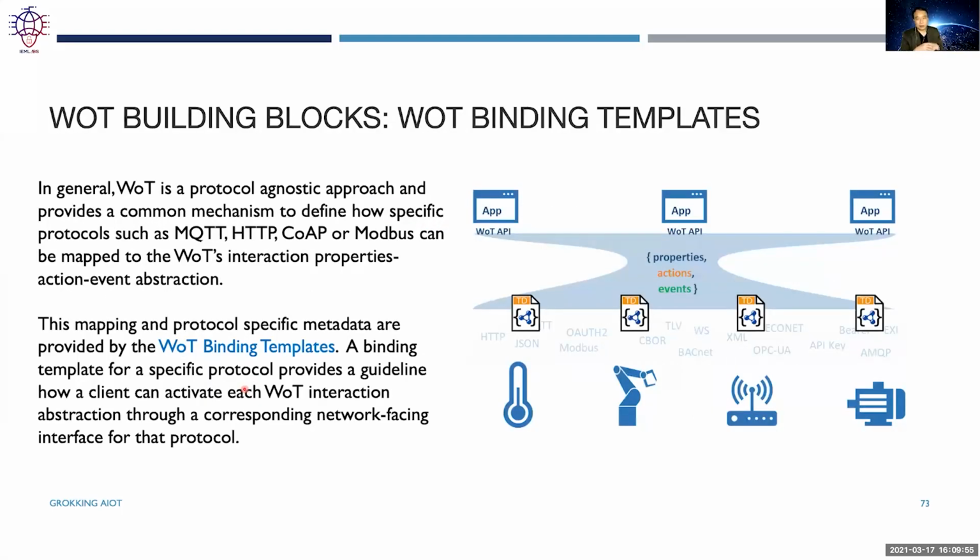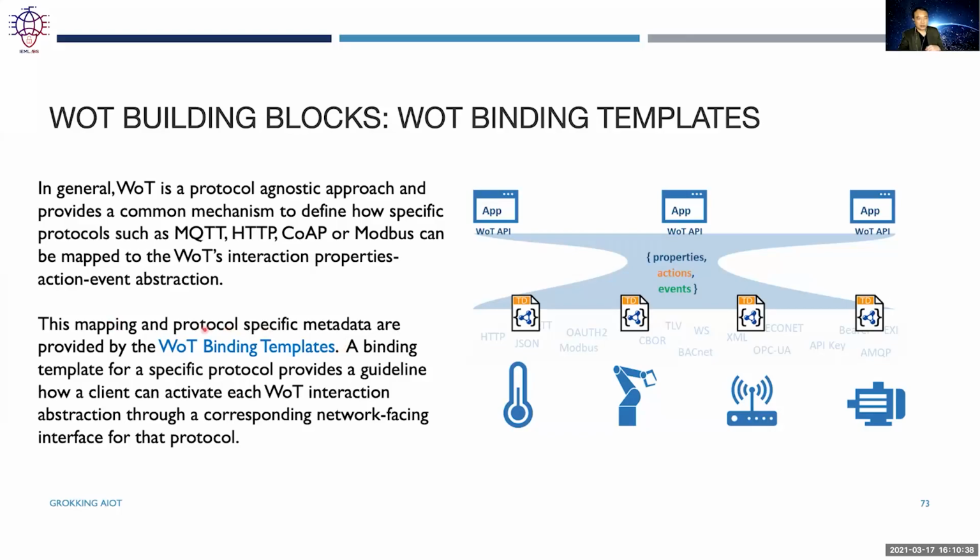Then we have what we call a binding template. In general, the WoT tries to be protocol agnostic, so you can implement it over other mechanisms such as MQTT instead of HTTP. But most of the common applications will be expected to use HTTP because it's the Web of Things, right? The default protocol for the web is HTTP, with web services and WebSockets. MQTT is possible, so is CoAP or even other protocols. As I said, it tries to be agnostic, so it doesn't care and can work on multiple platforms.